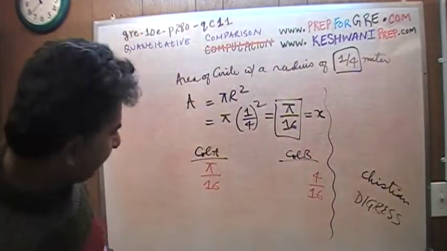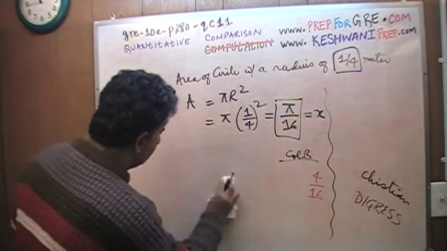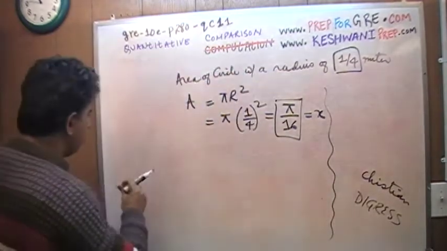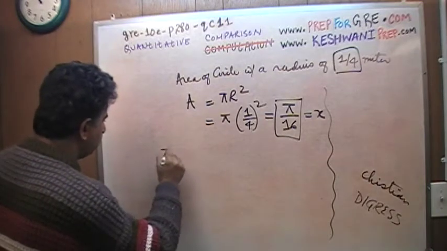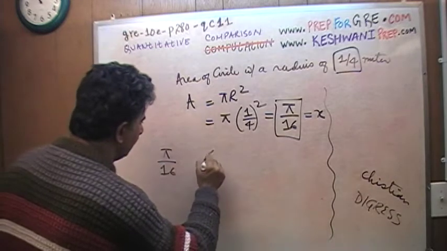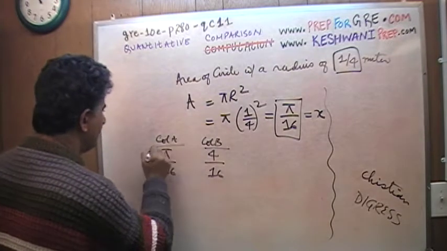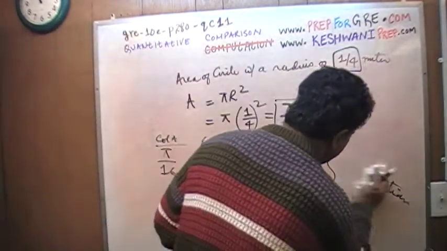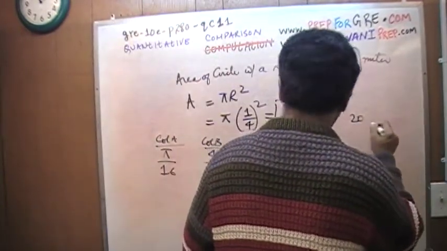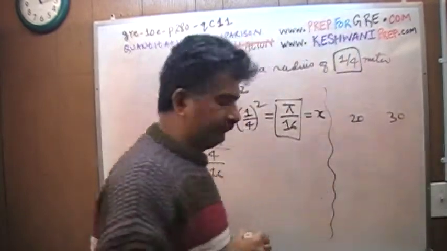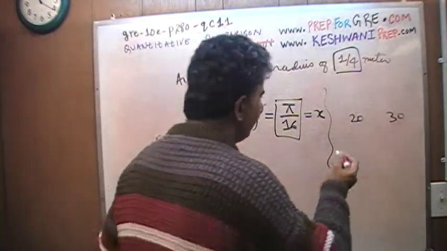So I have to compare these two quantities. I'm going to bring them closer so I have the room here. So we have to compare pi over 16 versus 4 over 16, column B, column A. Well, if I ask you which quantity is bigger, 20 or 30, which is bigger, 20 or 30, and then instead of that, if I ask you which quantity is